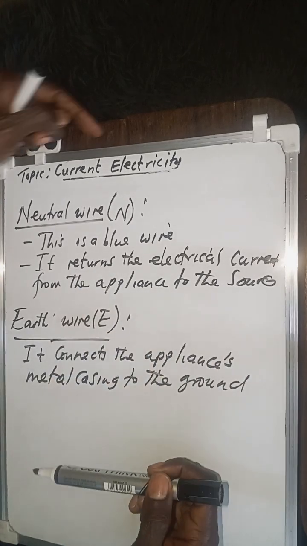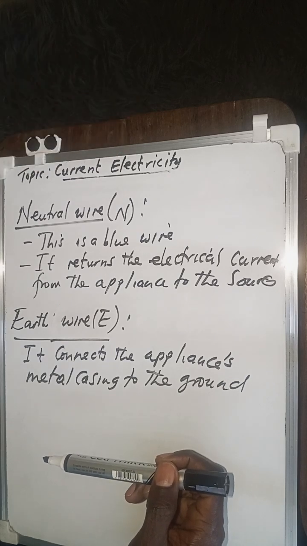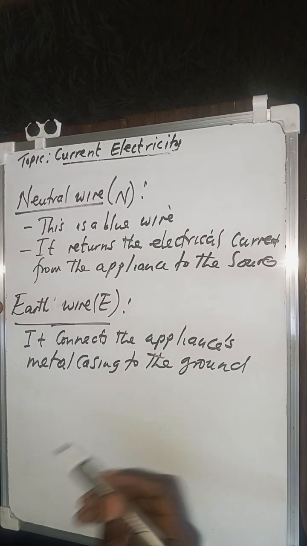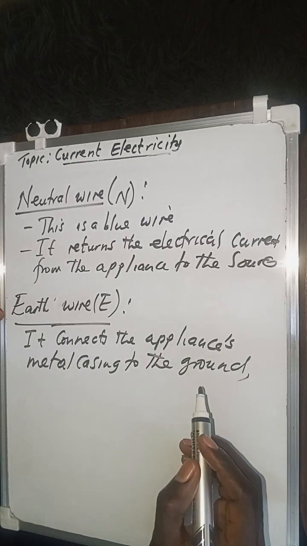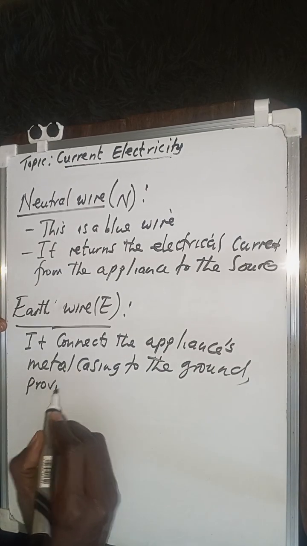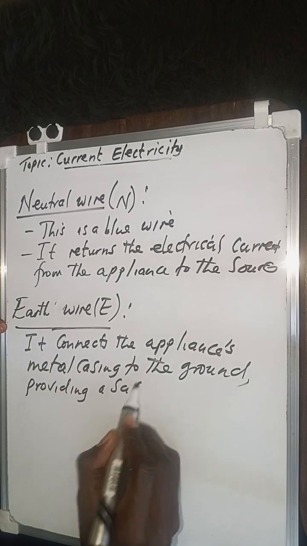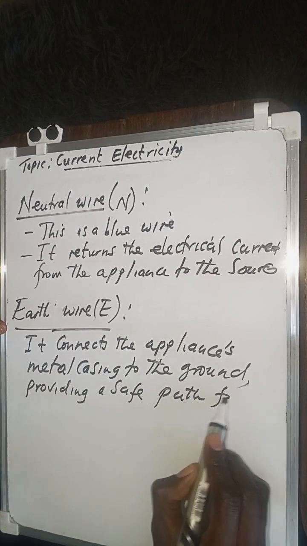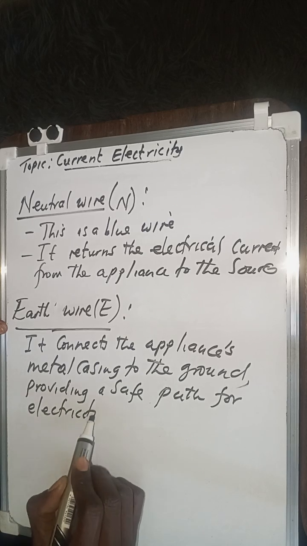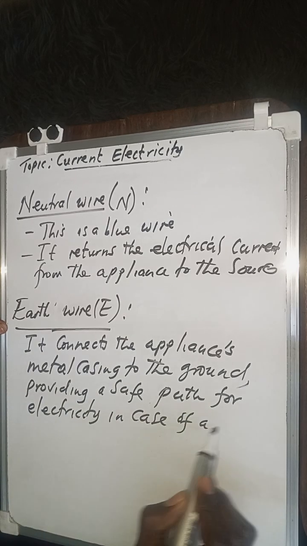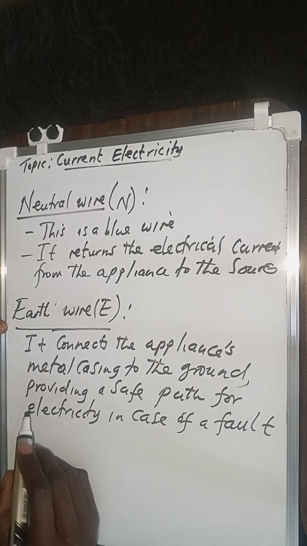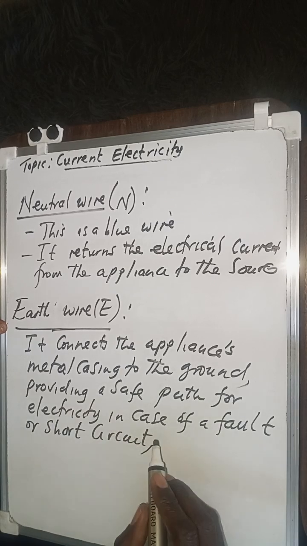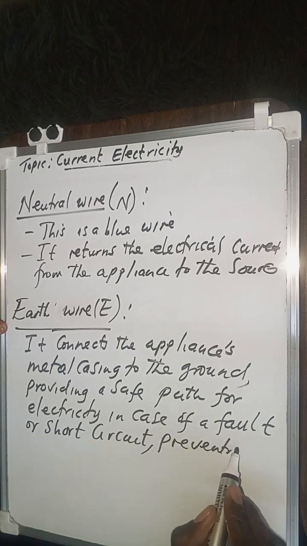So if you have a stove, then there's going to be an earth wire from that appliance going to the ground. So the earth wire is the one that actually connects it in that way. Now, why is that done? Why is it connected to the ground? Well, maybe we can say it is providing a safe path for electricity in case of a fault, or maybe a short circuit that may occur. And thereby, once it does that, it helps in